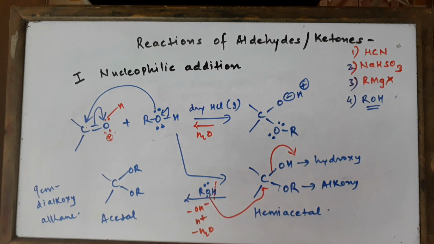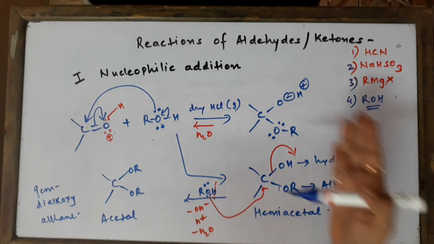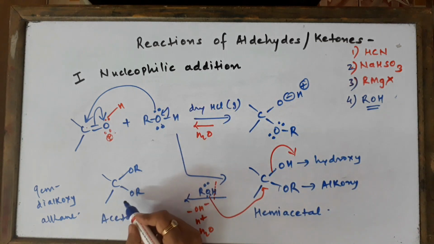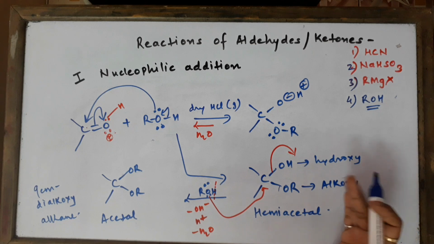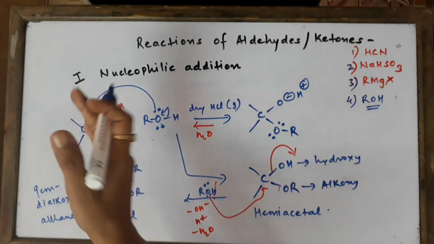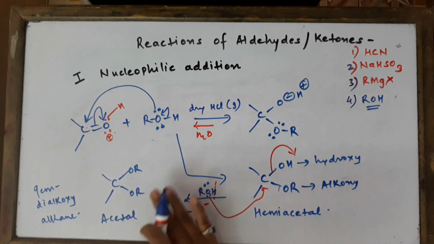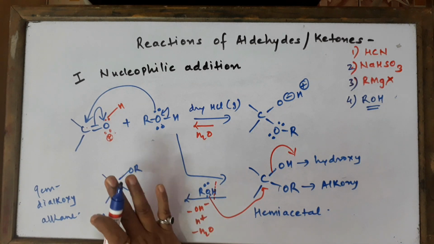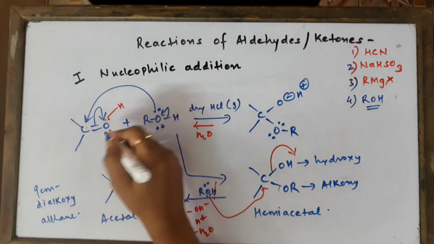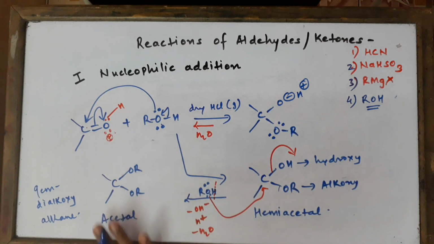So if you have a little bit of water, then the reaction will start proceeding in the backward direction. The acetal will get hydrolyzed to hemiacetal, and the hemiacetal will finally go back to the carbonyl compound. So this was the reaction which can happen with aldehydes or even with ketones. You can write here ketone also, and the same answer you're going to write down. With ketals, we can use the word ketal over there.